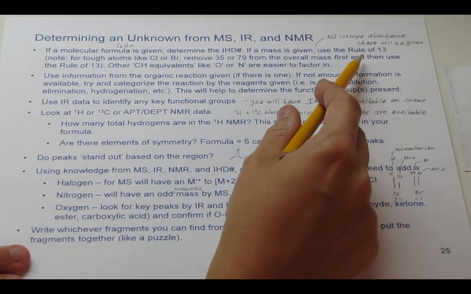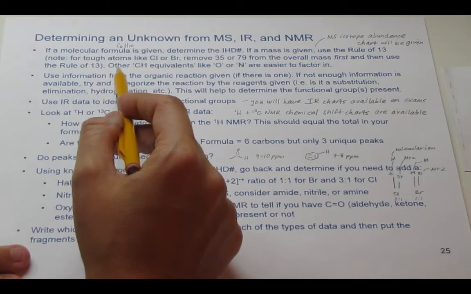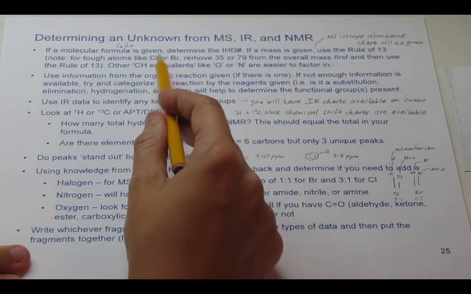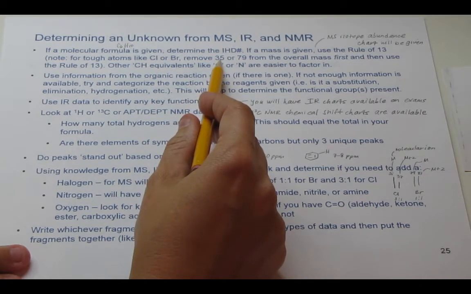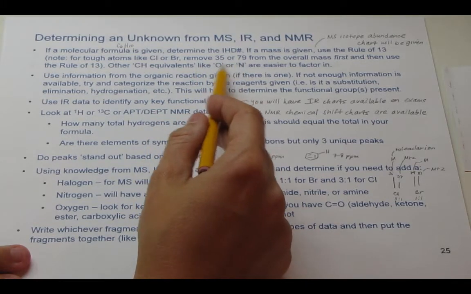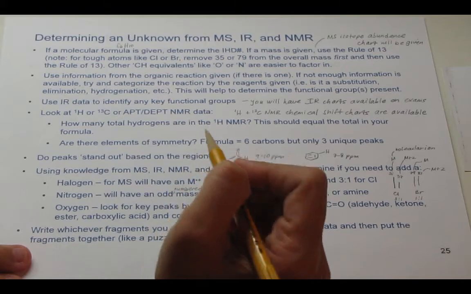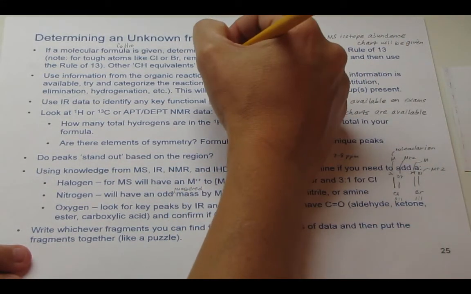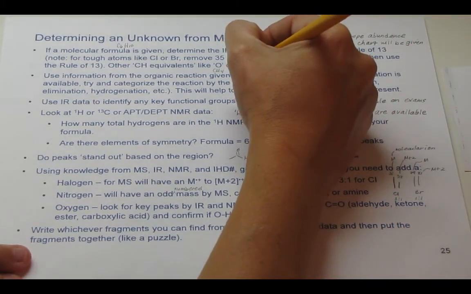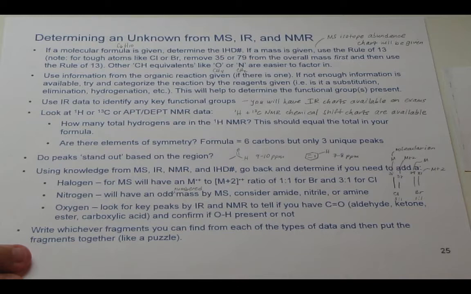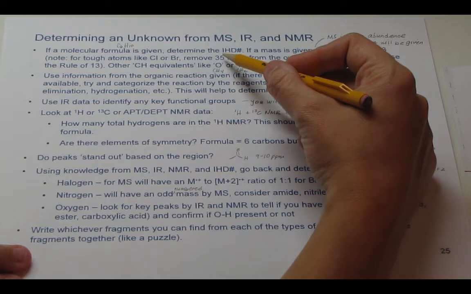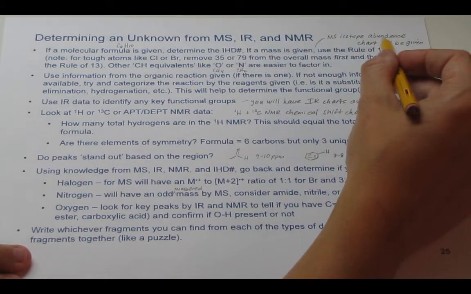Remember that when we talked about the rule of 13, we said you can add in other atoms because the rule of 13 only gives you C and H. So if you have chlorine, you want to subtract 35 right away. Bromine, you want to subtract 79. And for other small atoms, we're going to use CH equivalents. And so oxygen is 16, which is a CH4 group, and nitrogen is 14, which is a CH2 group. And remember that the isotope abundance, where I'm getting these numbers of 14, 16, 35, 79, that chart will be